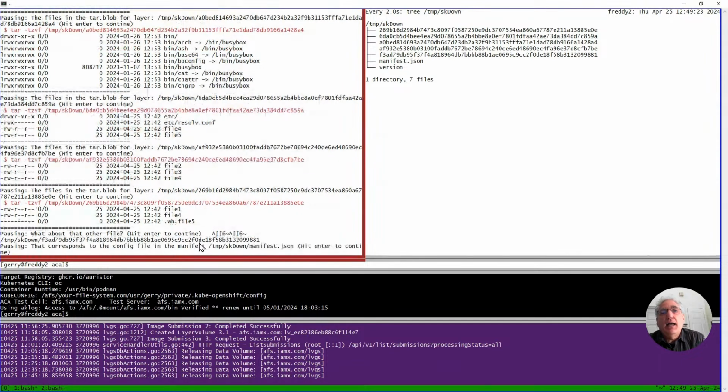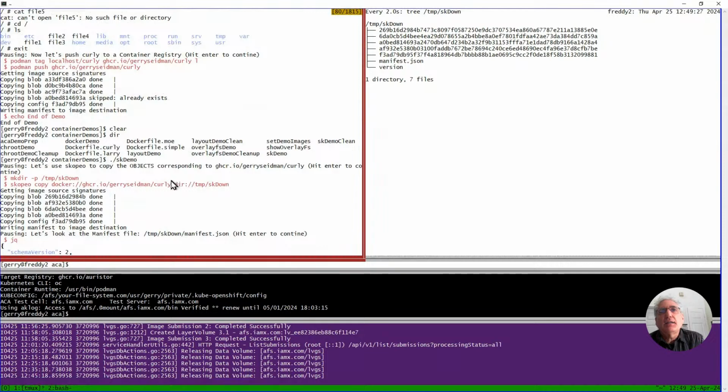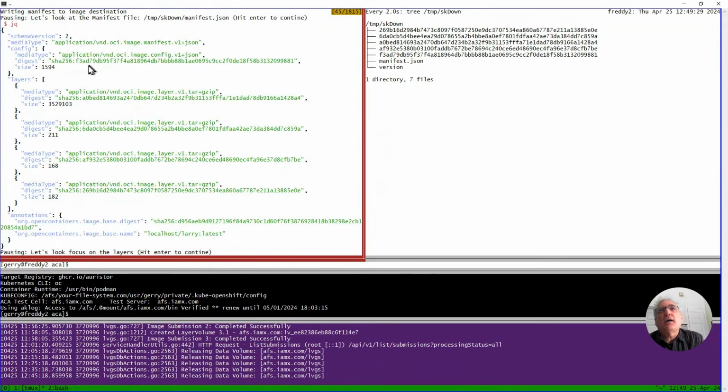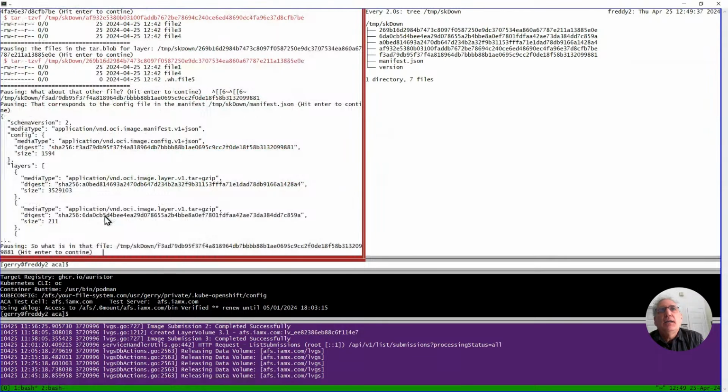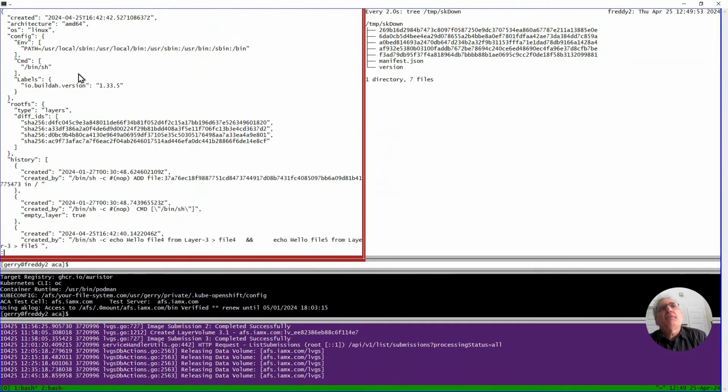All right, and if we went back up and saw the configuration file, it was the file F3 something something something. You know, there it is, right? And I'm going to just look at the configuration file, and we see in the configuration file a bunch of stuff. Oh no, this is the manifest. Sorry, this is the manifest which said the configuration file is F3, and this is F3, the file F3.